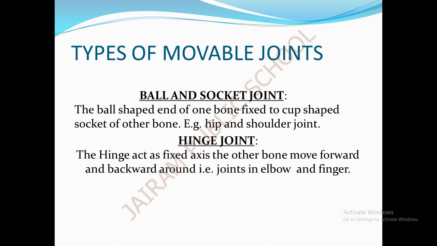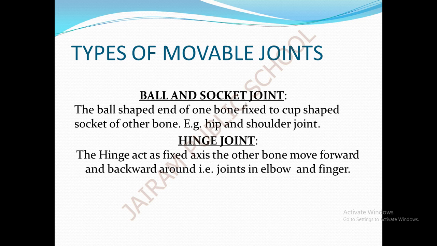In this type of joint, one bone has a ball-shaped end whereas the other bone has a cup-shaped socket. The ball-shaped end of one bone is fixed into the cup-shaped socket of the other bone. So this allows the maximum movement. This joint is somewhat similar to the joystick of a computer. The hip and the shoulder joints are examples of the ball and socket joint. This type of joint is present in our arms, so it helps in the rotation of our hands.